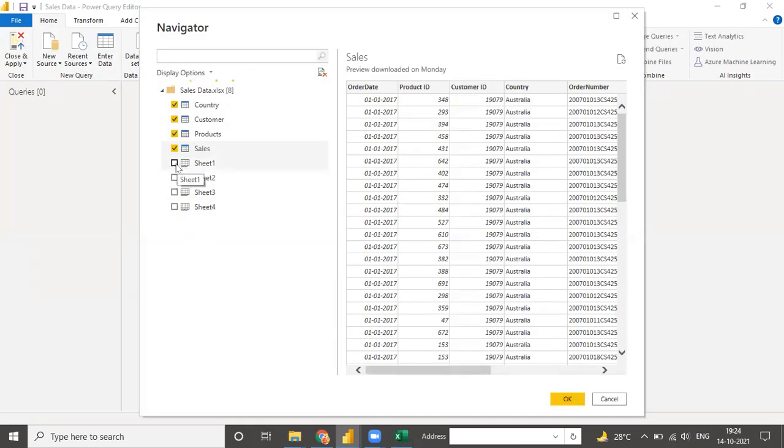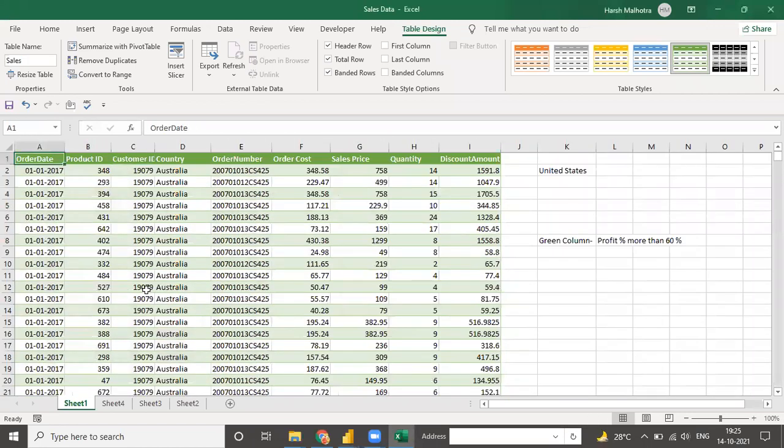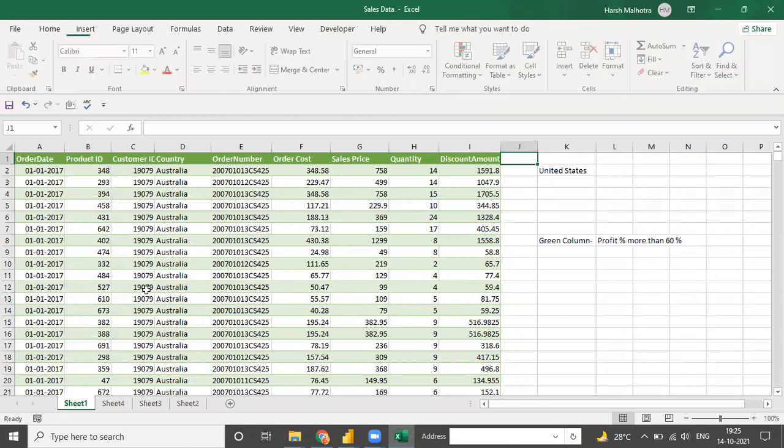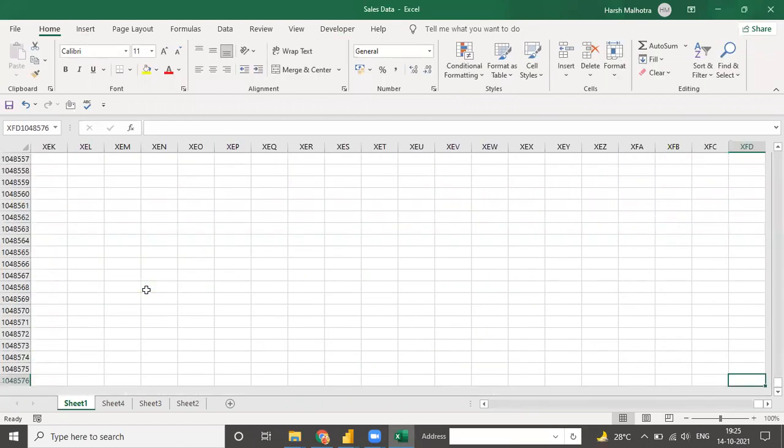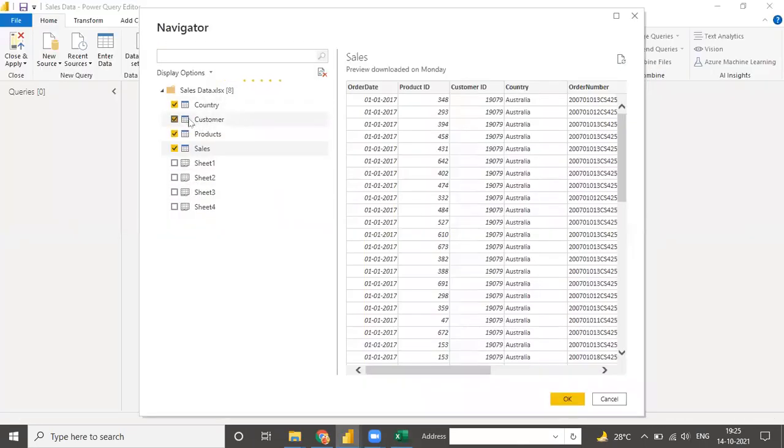But when you select the sheet, it means you have selected all the sheets or the complete sheet, like A2 at the end of the row, at the end of the column. So there is a difference between sheet selection and table selection. You should always select a table instead of a sheet, because when you select the sheet, your file will load more data, and when you select a particular table, it will decrease the file size for you, so it will not hang in the future.